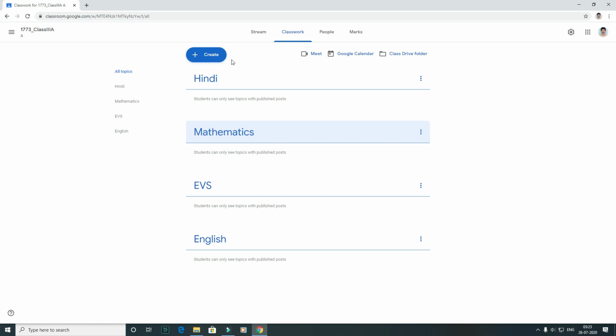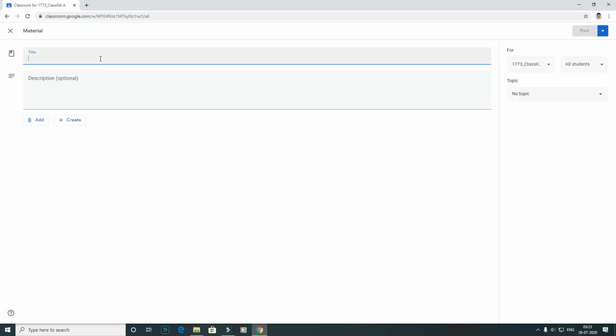Under Classwork, click on Create and select the type of classwork. Here there are many options: Assignment, Quiz assignment, Question, Material. For example, if I select Material, click on Material, the screen will appear like this.